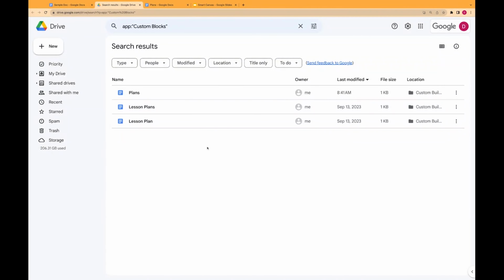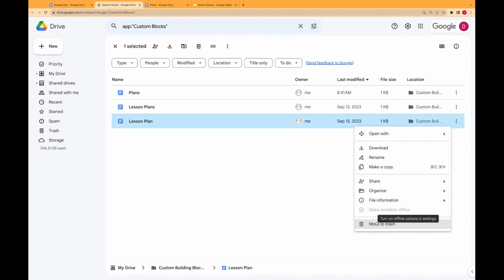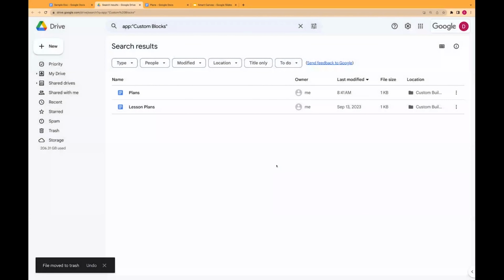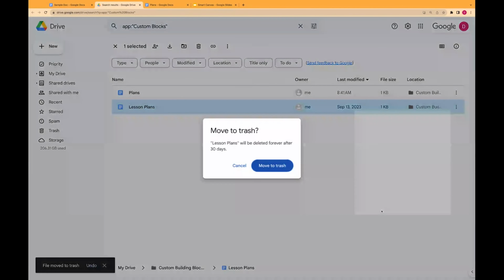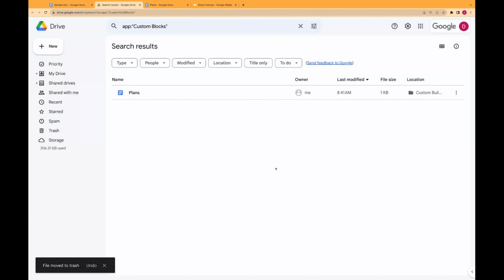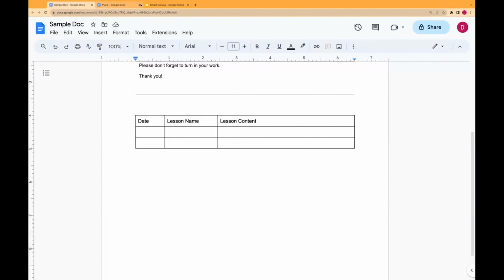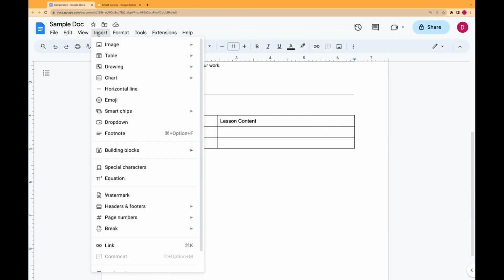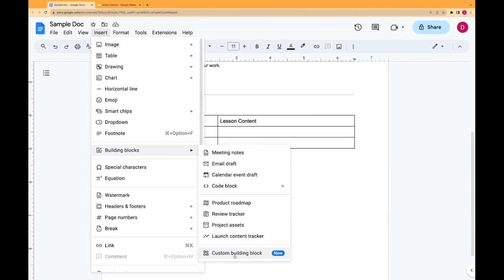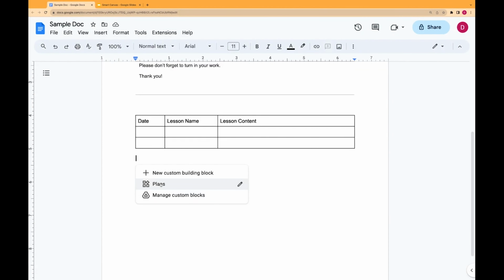So you can see here are these options, and if I'm like, oop, I don't want this one anymore, I could simply remove that and get rid of that building block. Very simple, very easy. I could remove as many as I needed to or open them up and edit them. And if I close these all back out and then I go back to my insert under my building blocks and go to my custom building blocks, you're going to see there's only the one left